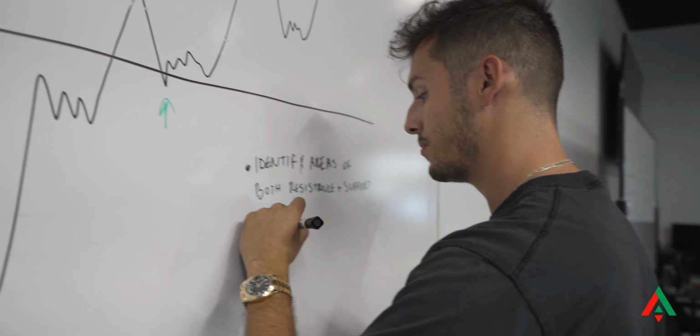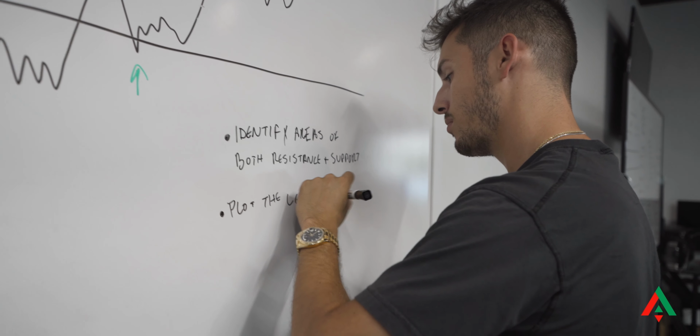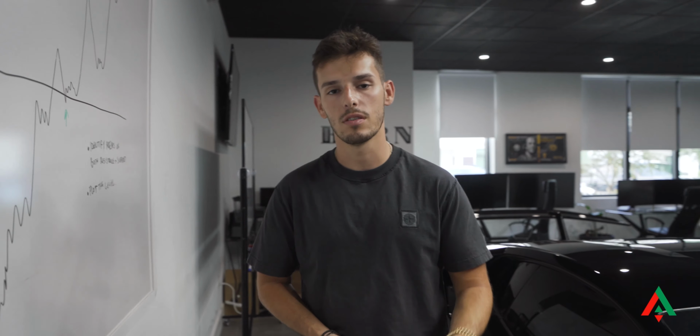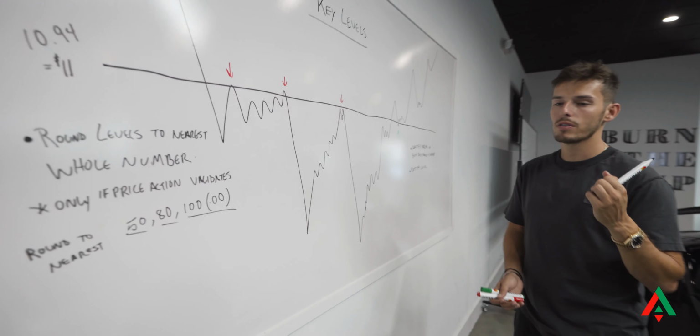Plot the level. But the most important thing is just actually having those market examples of resistance and support to make sure that the level's valid. So now that we've covered everything on the whiteboard, let's go over to the computer,